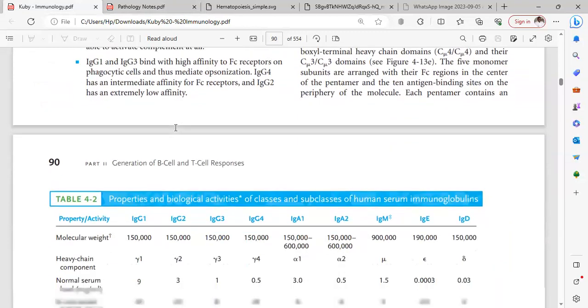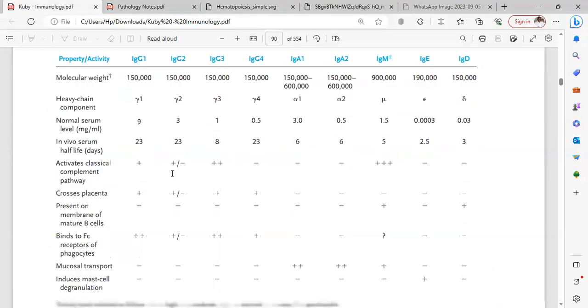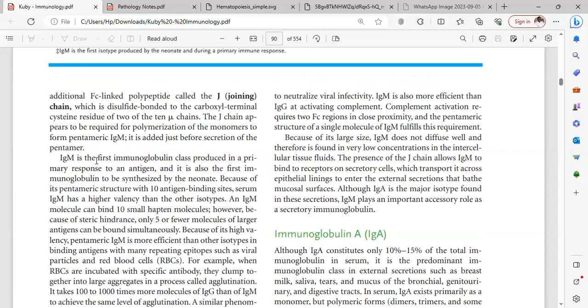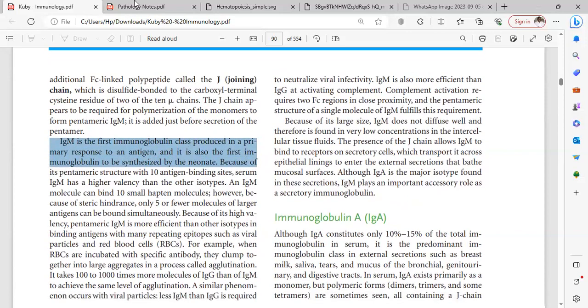So you have appreciated that also. IgM, we were here also. IgM is the first immunoglobulin class to be produced in a primary response to an antigen. It's also the first immunoglobulin to be synthesized by an infant. So we have not talked about this. So IgM, we have appreciated that. So don't forget about the pentamer,